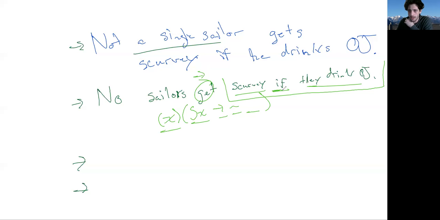So remember, if is in between, like if this was only if, then we would keep the order, but because it's not, we're going to flip the order. And so drinking OJ is going to lead to scurvy here. So, and then we're obviously negating that. Right. So no sailors get,